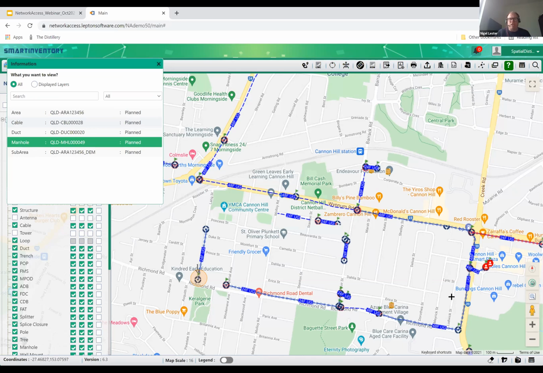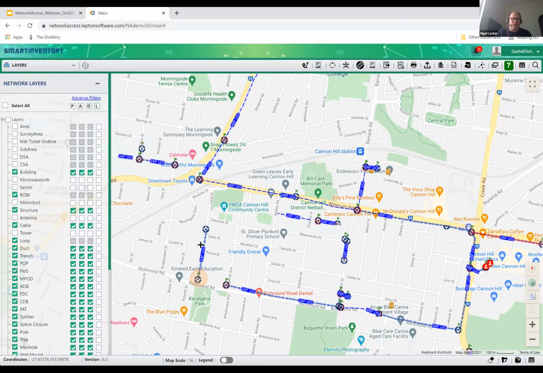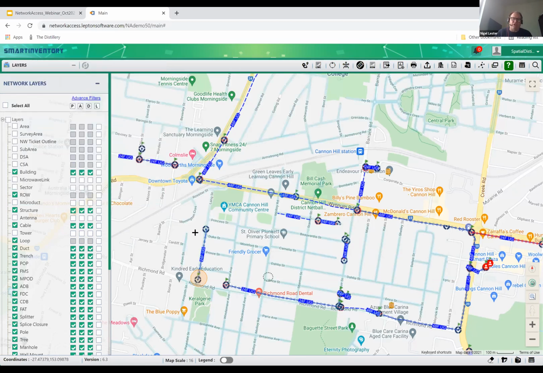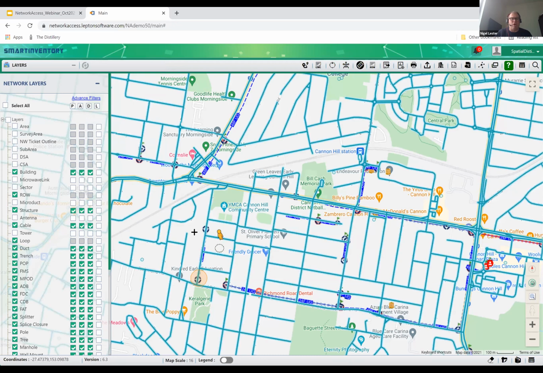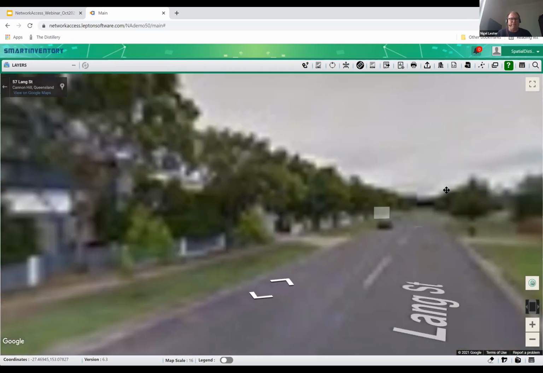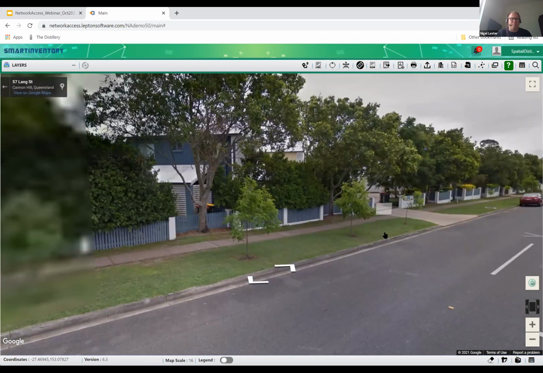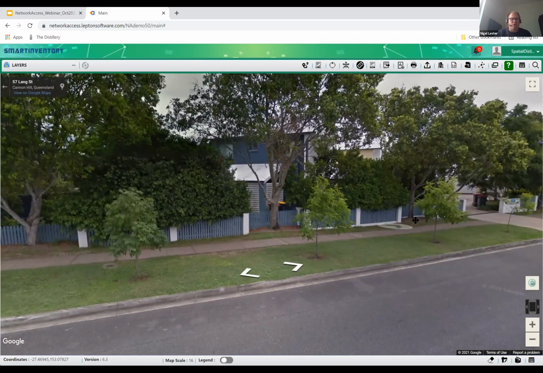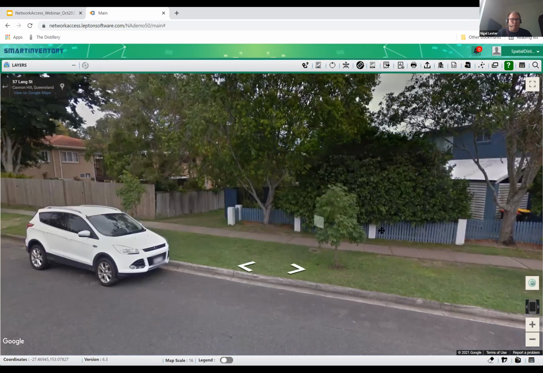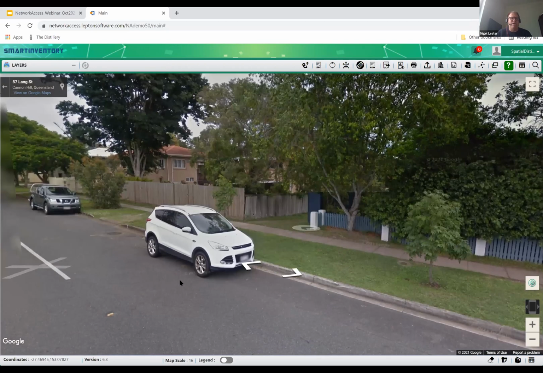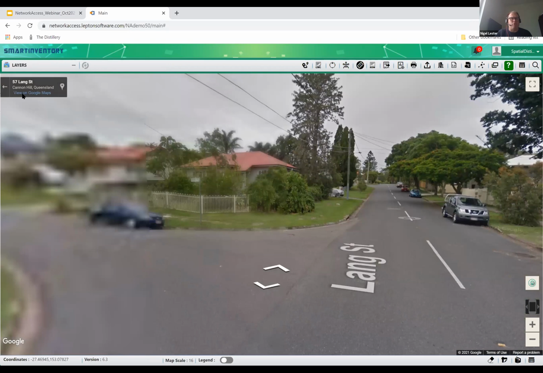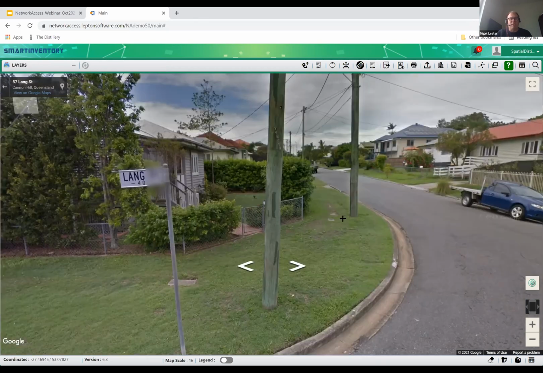One of the other things I'll just mention quickly, Dan, before I wrap it up, is also Street View. It's a nice feature. This all comes integrated with the platform out of the box. It's what I call really situational awareness. If we wanted to drop in there and have a look, to get a better understanding on the ground, we don't have to punch out to Street View to see where maybe the pits are. You can do all that inside the one platform, which our clients really love as well.